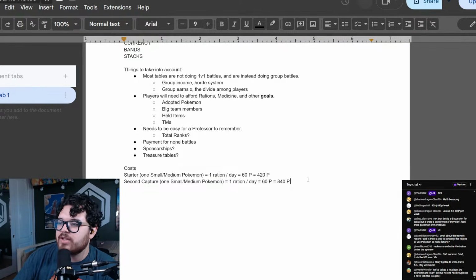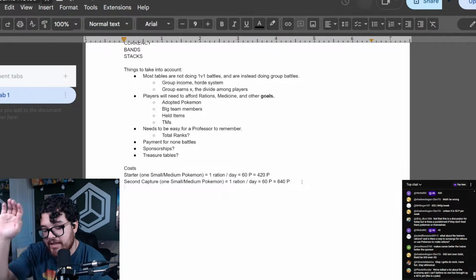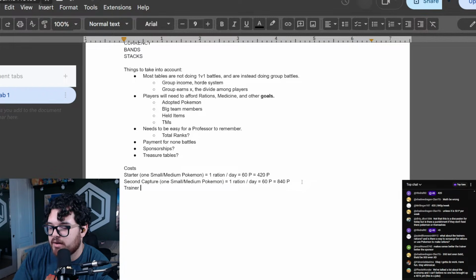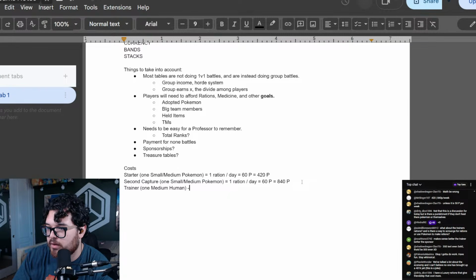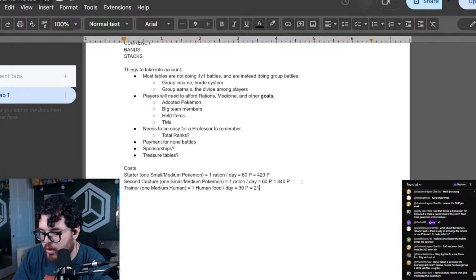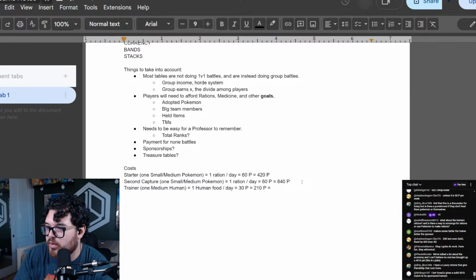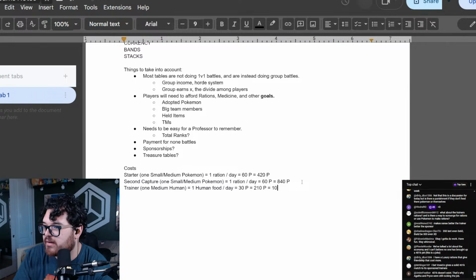But yeah, so generally speaking, they're probably going to be priced a little bit less. So let's even include the trainer in this cost. Trainer, which is 1 medium human, which would be 1 human food per day, equal to, we'll cut the price in half. We'll say 30p, which is equal to 210p per week, which means that our running cost total is 1,000 and